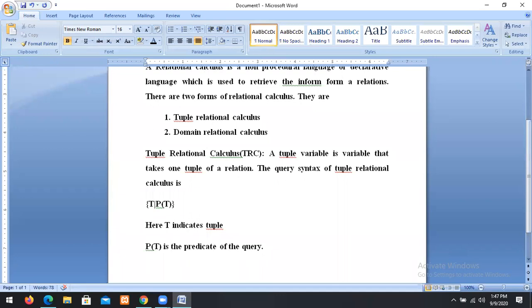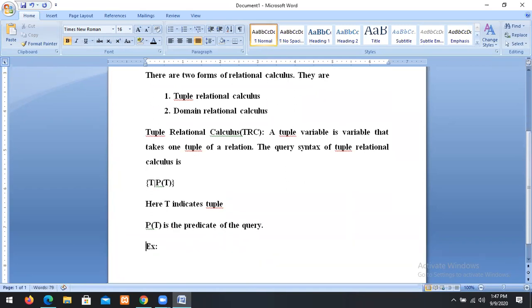For example, list all the sailors with rating above 7. I already told that we have some tables: sailors, boats and reserves.